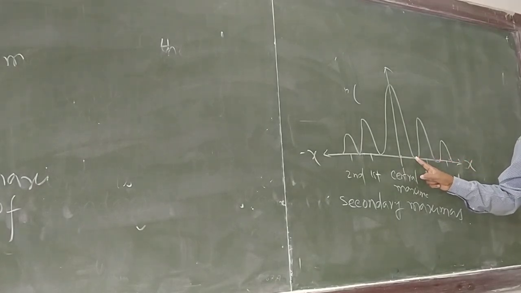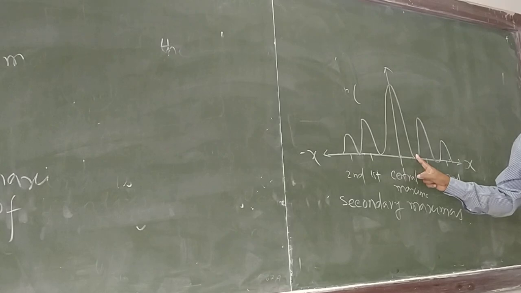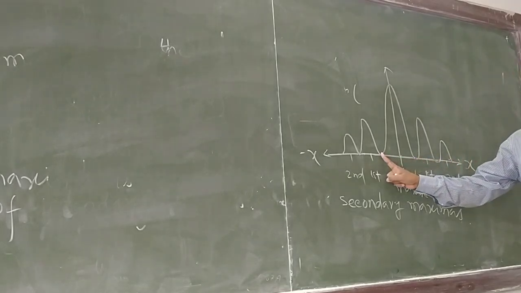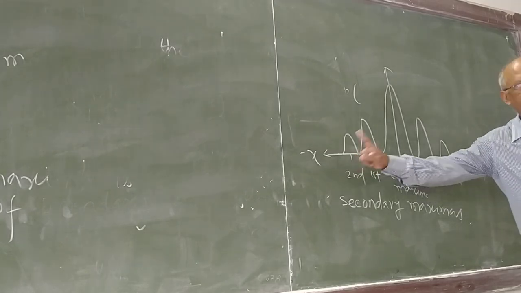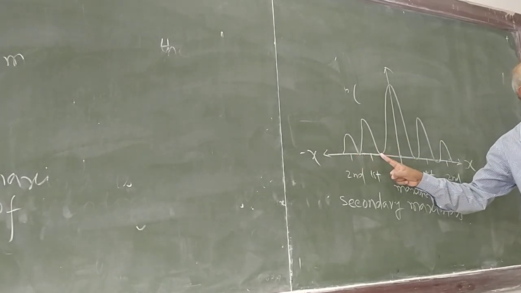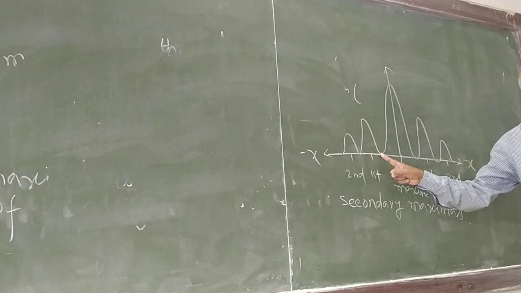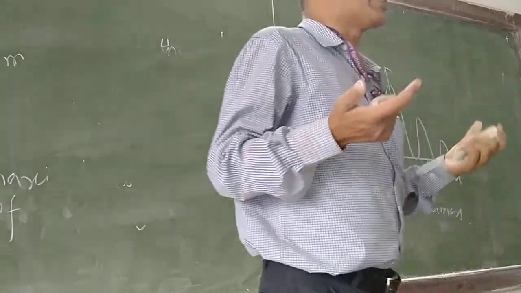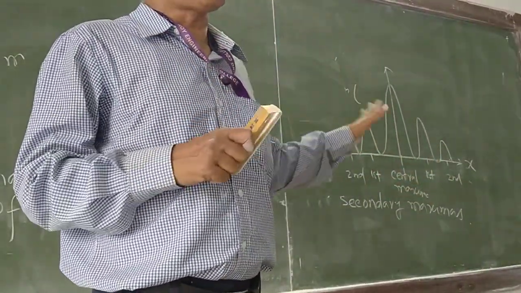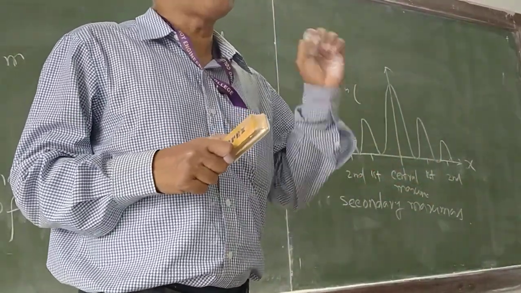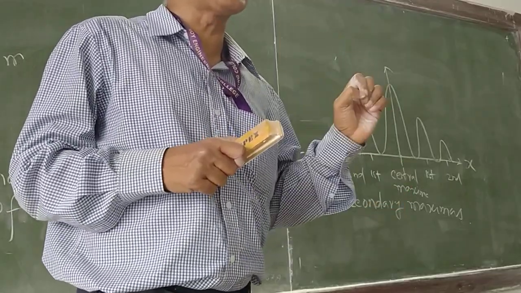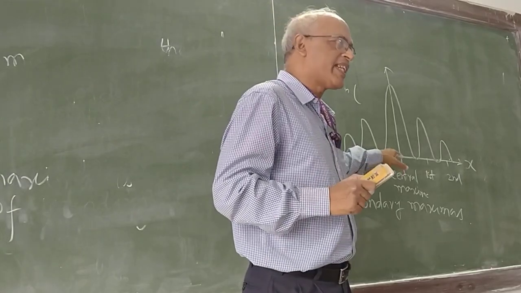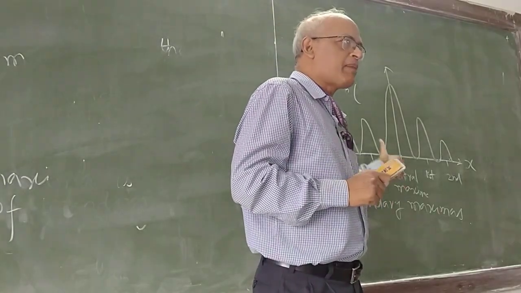What is this? This is minima. First order minima. Second order minima. Like this. Intensity. First order minima. Second order minima. Like this. So these are maxima. These are minima. The minima are this big, how? Minimum intensity theoretically is 0, but in reality it will not be 0. Theoretically, I will show you the minimum intensities are 0, all are equal, but practically there should be some intensity. Understand? Theoretically it will be 0. Those things I will be showing you.